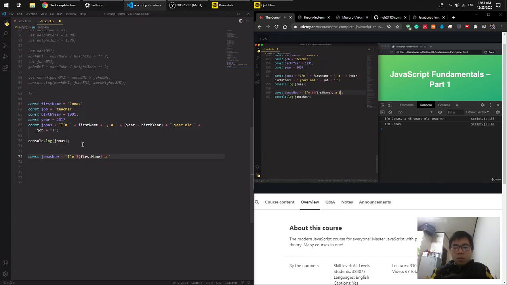A, and then again a variable. Now in this case, we actually need a calculation, and that's no problem at all. We can basically write any JavaScript here inside of these curly braces. Technically you can write any expressions, but more about expressions in one of the later lectures. So year minus birth year, just as we did above. Year, old,